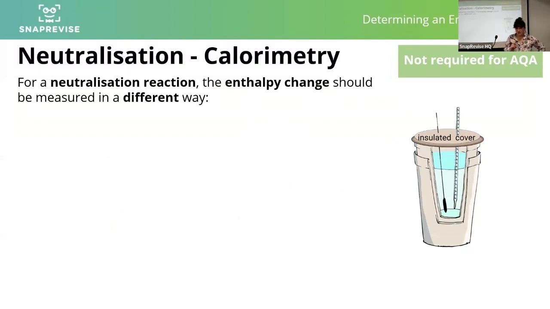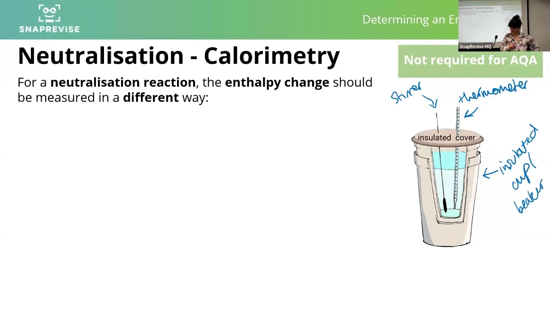Neutralization calorimetry. Like I said, you can use this as a general reaction rather than just neutralization, but it is commonly used for neutralization. One of the other things we use it for is determining enthalpy change of solution, so of putting things into solution. So for a neutralization reaction, the enthalpy change should be measured in a different way using a calorimeter. Again, not required for AQA, but we need some similar things. We need a stirrer, a thermometer, an insulated cup. You can just talk about it being a polystyrene cup if you want, but it needs to be an insulated cup or beaker,